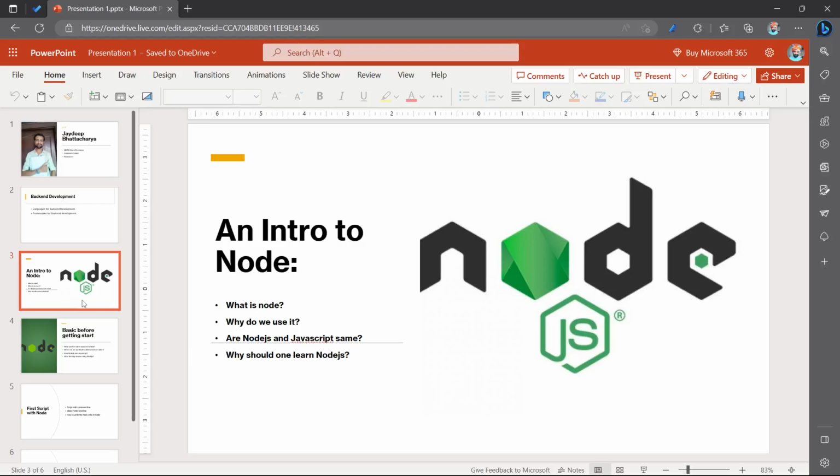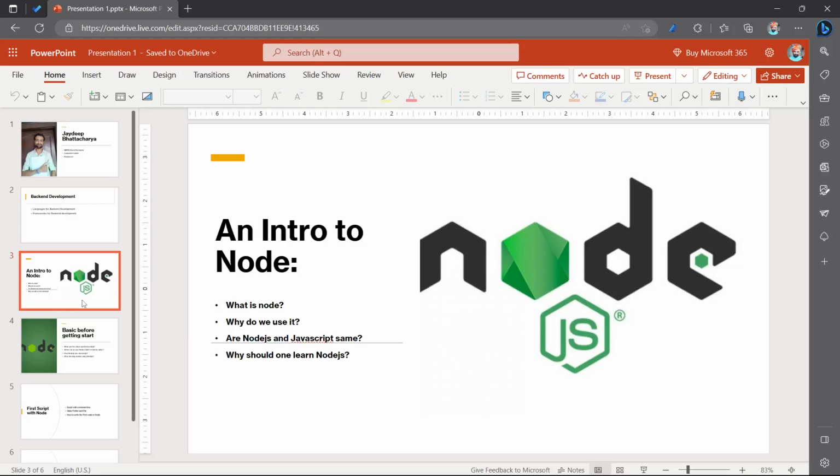Node.js is not a new language. It is completely JavaScript. Everything you can find here is totally similar to JavaScript. It is not different from JavaScript. It is basically a runtime environment of JavaScript. Now you may have the next question: why do we use it?